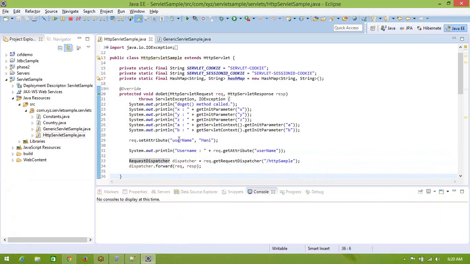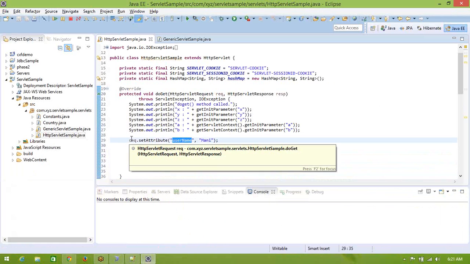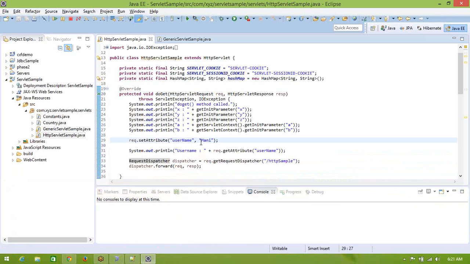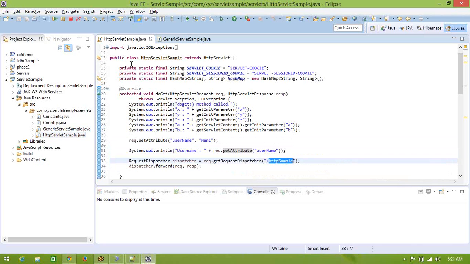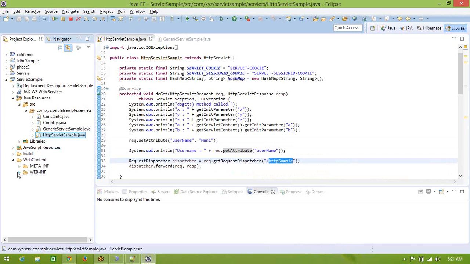Okay, I'm printing what I set the value here. So I set a value called money under the name username. Okay, so I printed it. How I printed it means I get the attribute. So I get the attribute from the request object. Okay, so now let's go to it. So we'll make all this. So we are building it in the